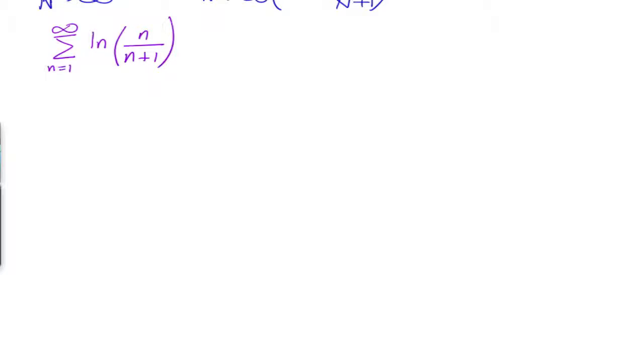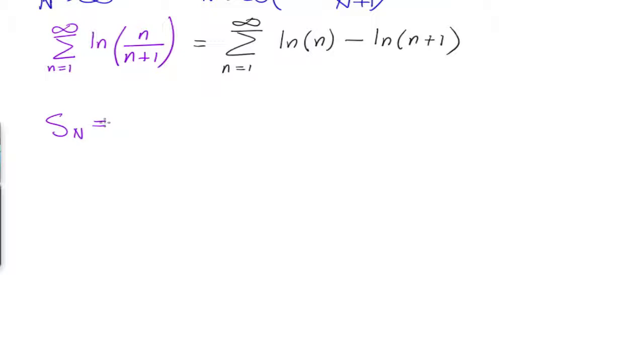Is there a way I can rewrite it so that I can make it telescoping? You can, right? Because what is this equal to, using the laws of logarithms? ln of n minus ln of n plus 1, right? So notice that you have consecutive terms, and one's positive and one's negative, right? So if you write out the nth partial sum, what does the first one look like? ln of 1 minus ln of 2